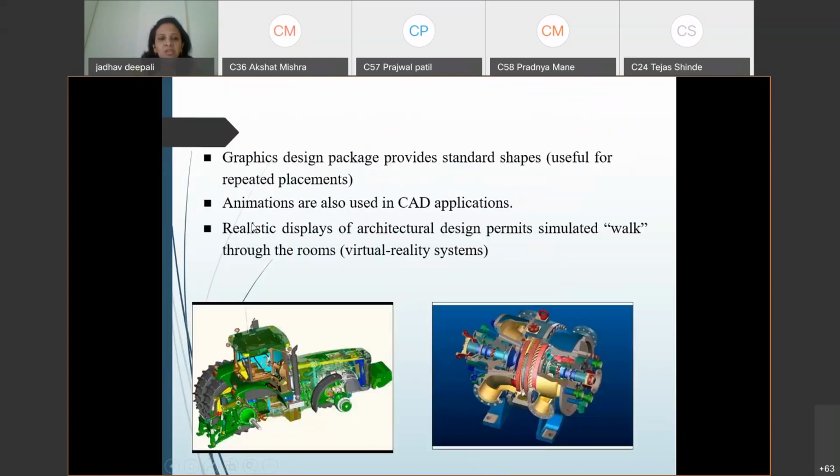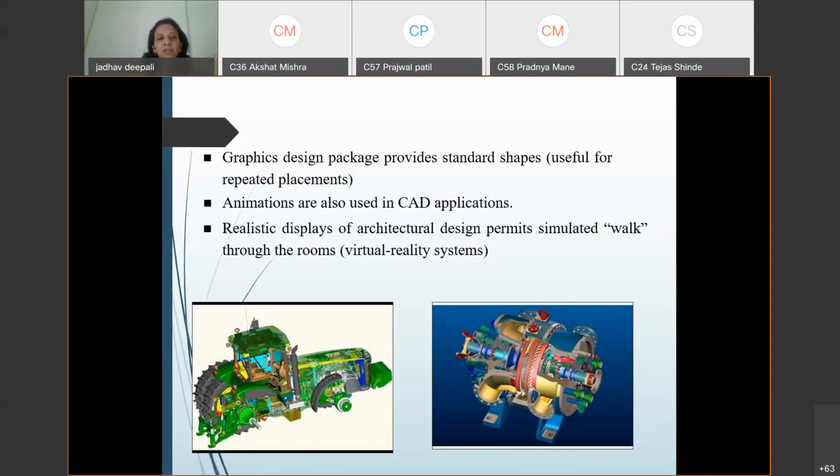For example, it is shown here in the next. The graphics design package provides standard shapes useful for repeated placement. So if you are using some package for CAD purposes or for drawing images like this, some shapes are already available. For example, a circular shape that you can use as the wheel of a two-wheeler or four-wheeler in the automobile sector.